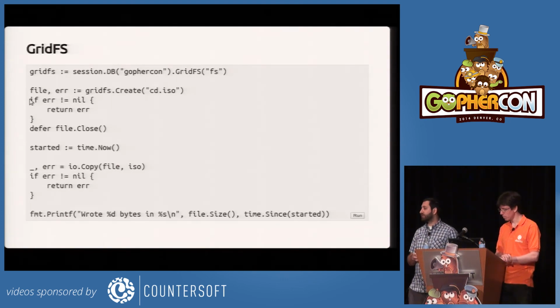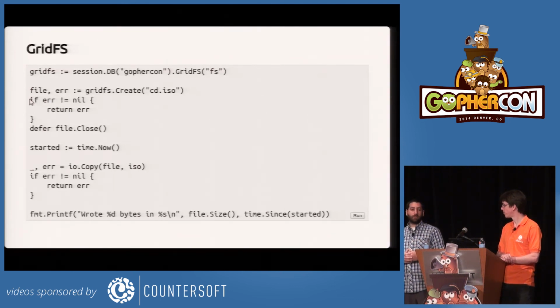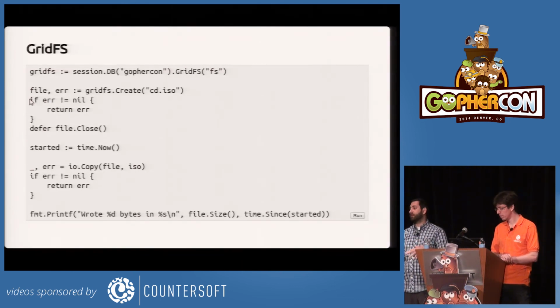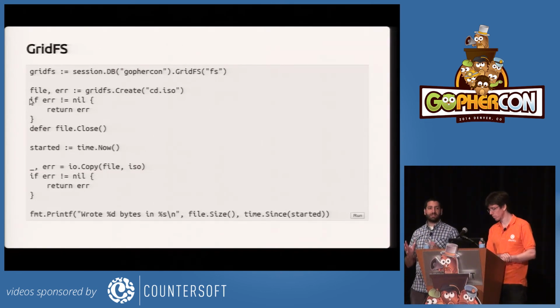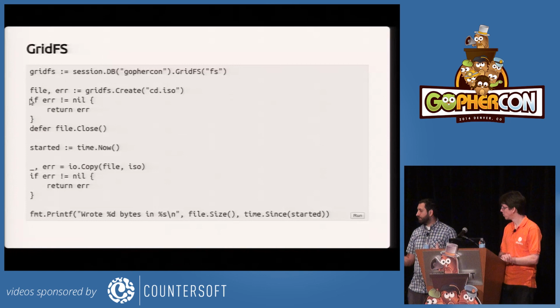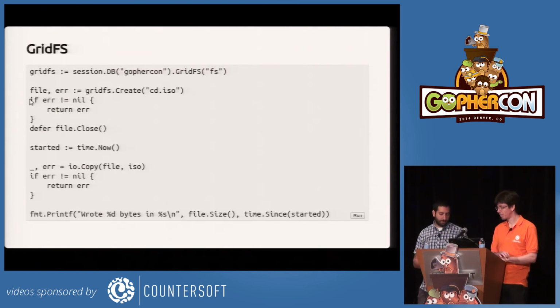So you can save your data and have it fully replicated. You can save your data and have it chunked and distributed across many different shards, which gives you the ability to save very large amounts of data, and it will automatically chunk them, distribute them, write them all concurrently, and then be able to retrieve them all concurrently. So you can get really high throughput when you're using GridFS. So if you don't understand any of that, just think of it more like S3, but that you can control and you can own on your side in your own infrastructure.